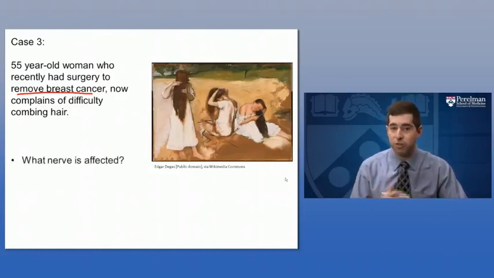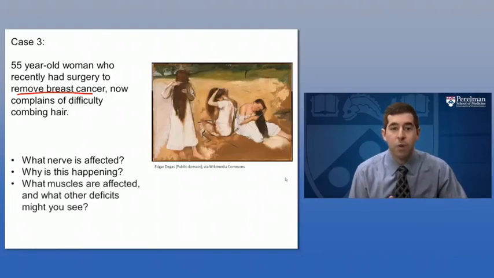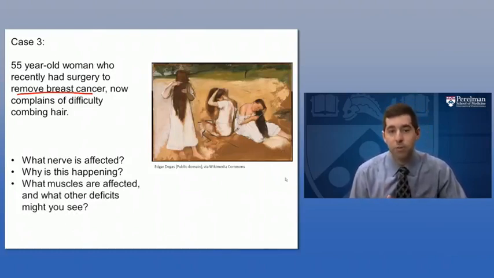So we'll ask the same questions. What nerve is affected here? Why is this occurring? And again, what muscles are being affected? What other deficits may you see in a patient like this? We said, again, the big hint here is that total mastectomy that probably occurred when this patient had breast cancer